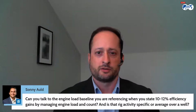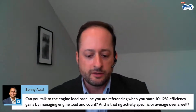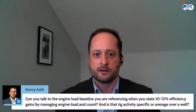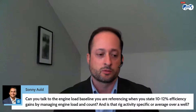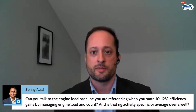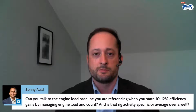And so is it for specific activities, or is it average over the well? I think that's a really good question, because every rig right now is managed very differently. Some rigs actively manage their engines and are very conscious about how they're powering their rig. Others are not. What we typically will do is look at a baseline of data over a certain period of time, whether that's 3 months or 6 months, and we'd like to see it over several